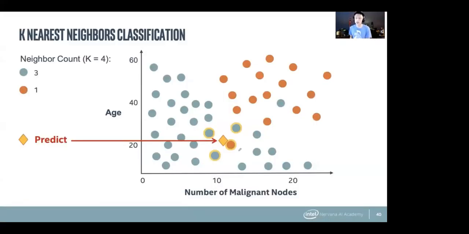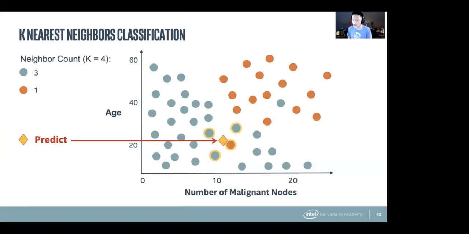So this is another way of doing machine learning, right? Because you have a bunch of data and you look at all of the things that are very close to this piece of data. And you make the assumption that if I'm similar to other people, then my outcome, the target that we're trying to predict, is going to be similar too. So then we're going to predict that this person is going to survive.